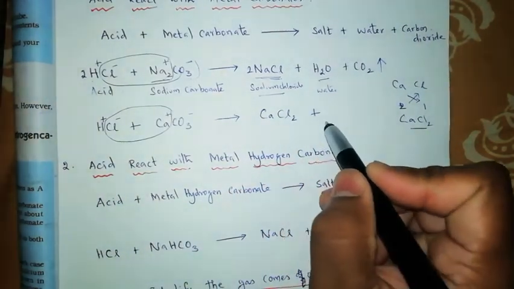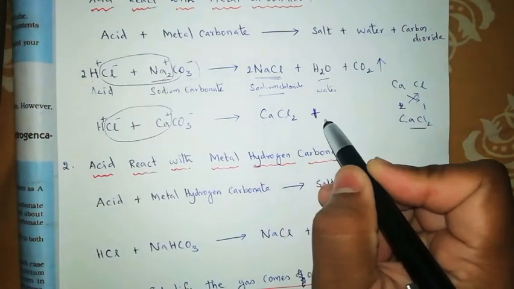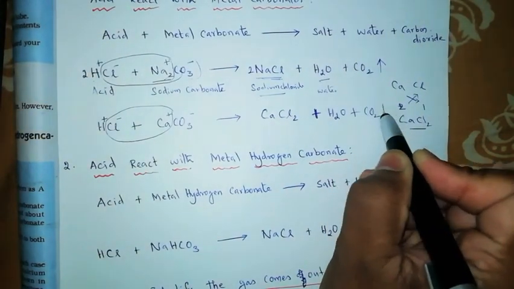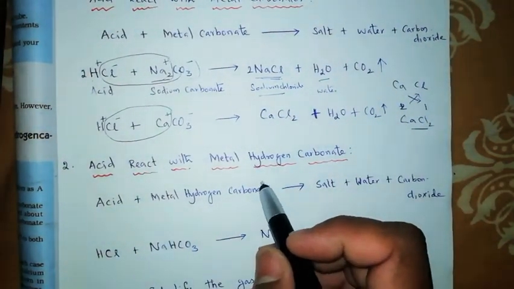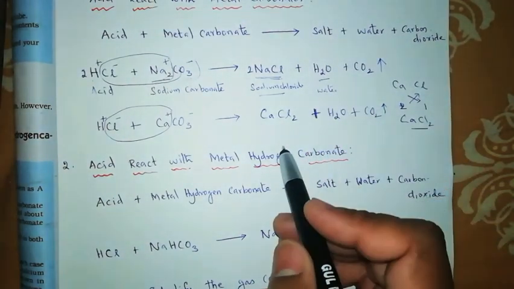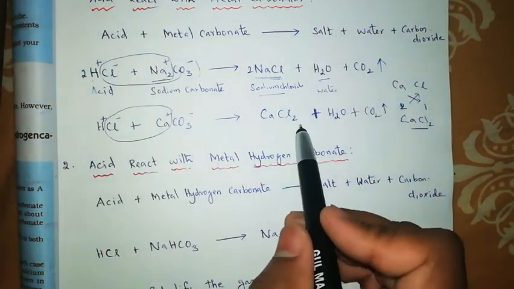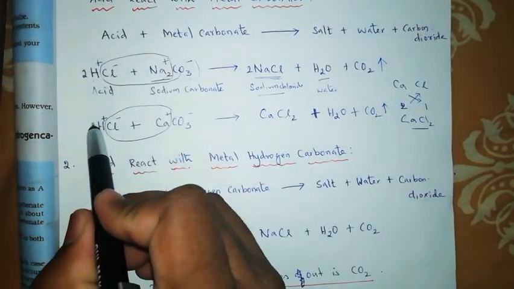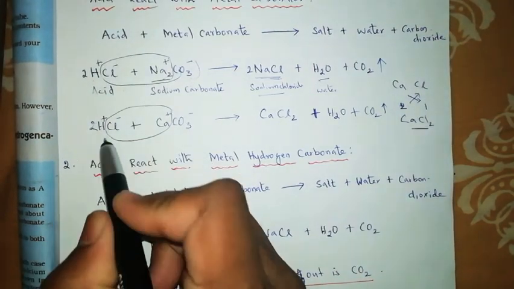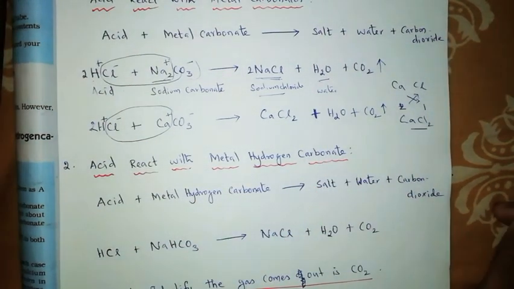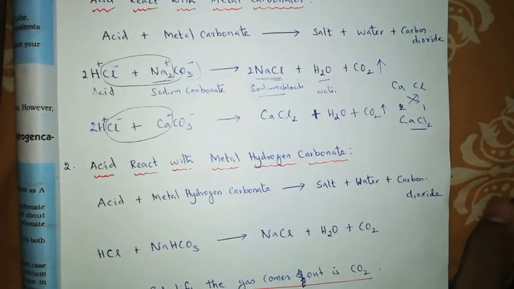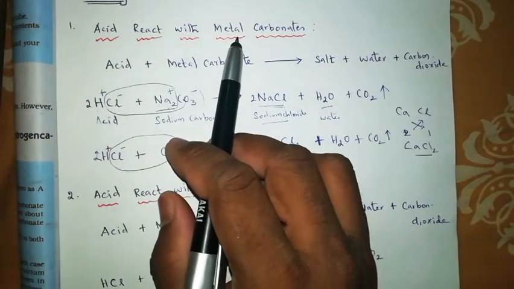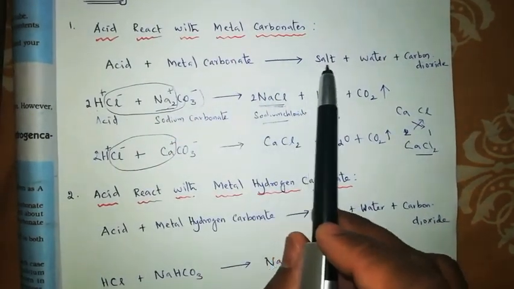Okay, then what are the remaining products? You can even write them just like that, because these two products are very common when an acid reacts with a metal carbonate. These two always come. Then you need to balance this. Calcium only 1, here 1, and chlorine 2, here 2. You should balance the hydrogen 2, and the rest will be balanced, right? So what we learned now is that when an acid reacts with metal carbonates, it always gives salt, water,